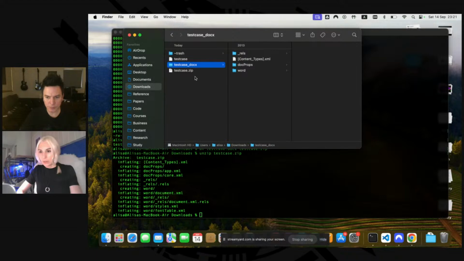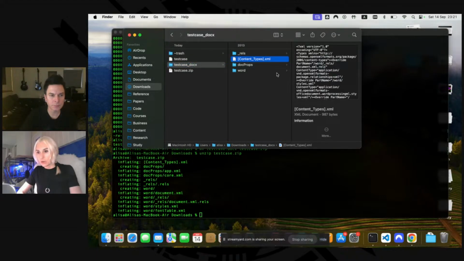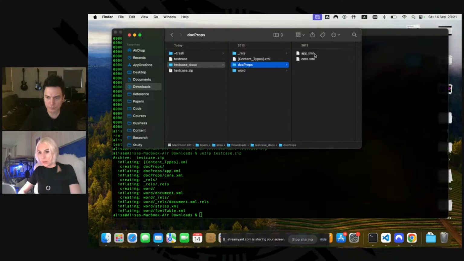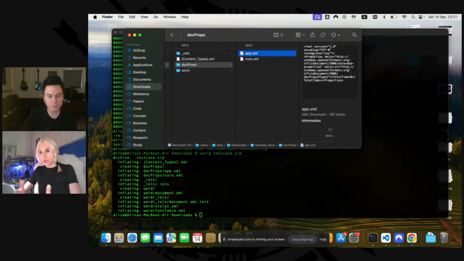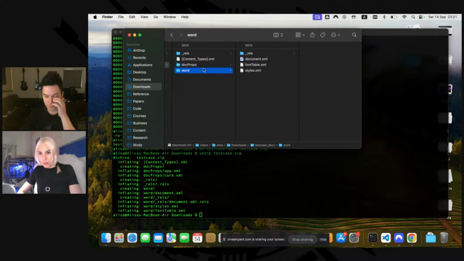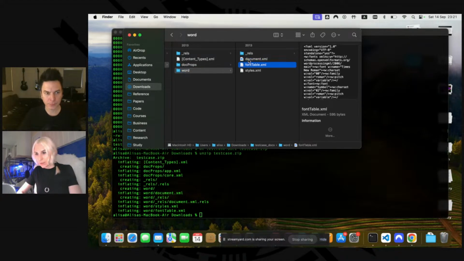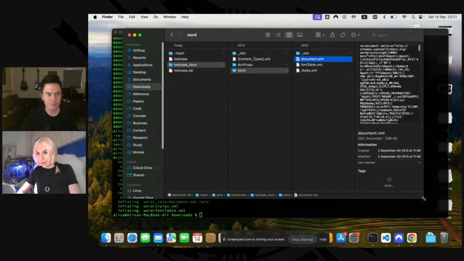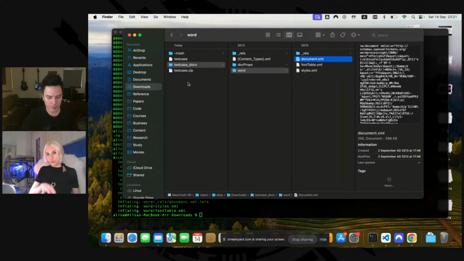So now looking at these files, there is a directory structure, and inside of it are XML files. This directory structure is well defined. It's contained in the specification. And by looking at this, I had the idea, what if I actually fuzz this? Because most people, when they look at a docx file, they try to fuzz it superficially.